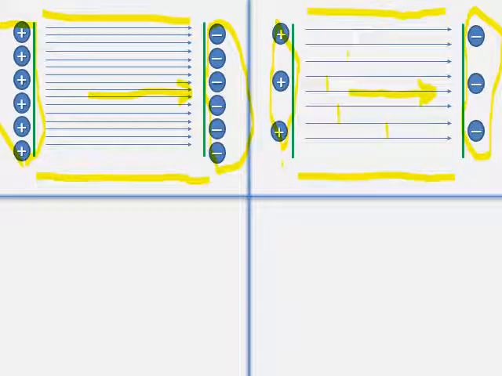Arrows are well separated as compared to the first situation. So with the help of the separation of arrows we can emphasize the intensity of electric field. In the first situation, if you look at the gap between arrows, the distance is less, so we can say that this electric field is stronger as compared to the right side, the second situation. So we can say that uniform electric field can be represented by parallel arrows, and intensity of electric field can be represented by distance between the arrows.